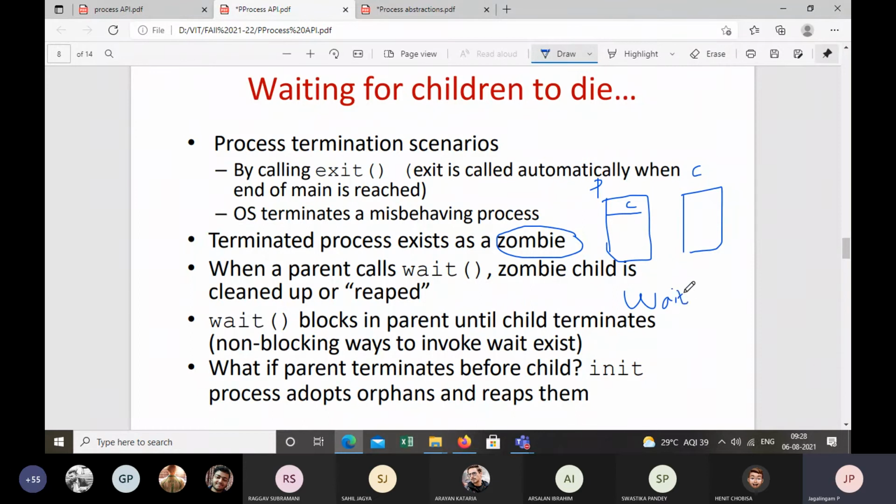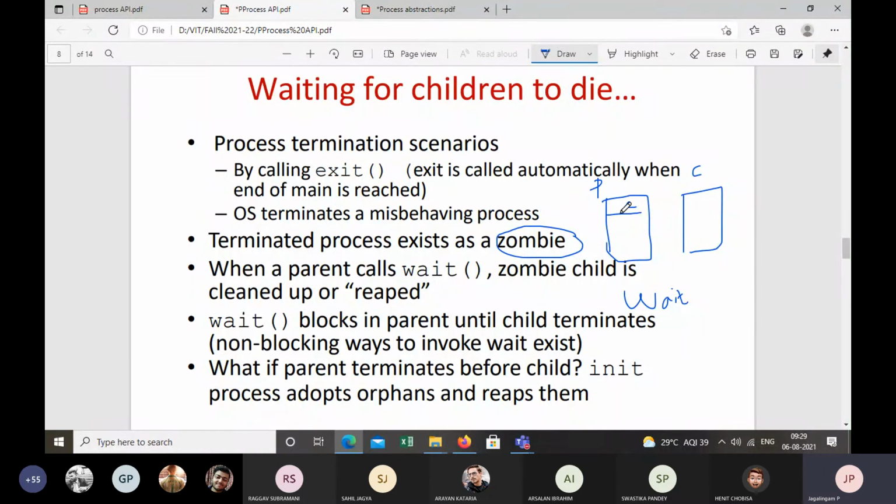When the parent is invoking the wait system call, the parent has to wait for the child to complete the execution. Only then the parent will continue the execution.